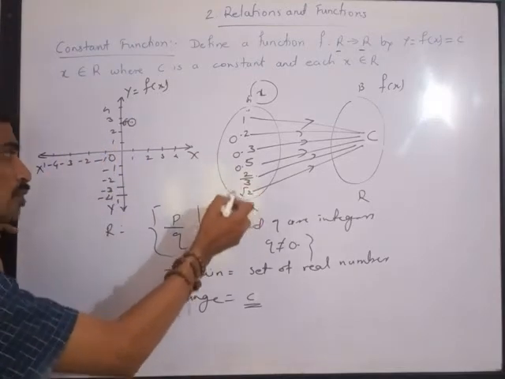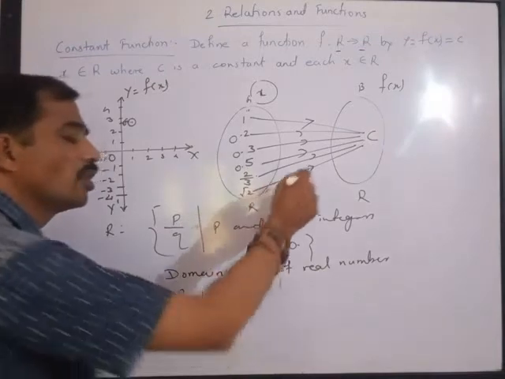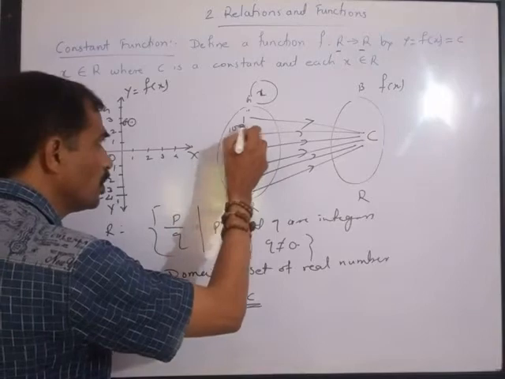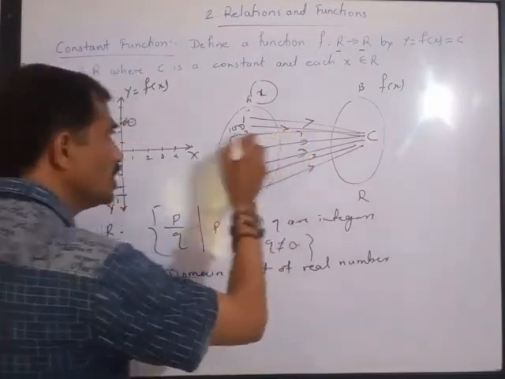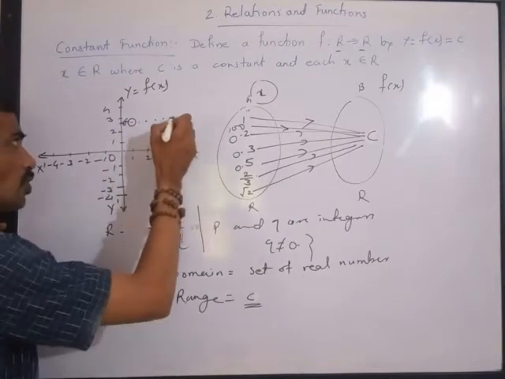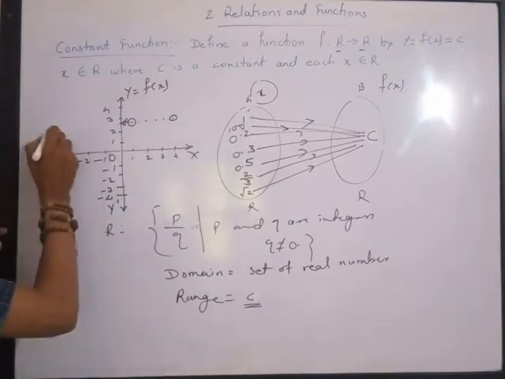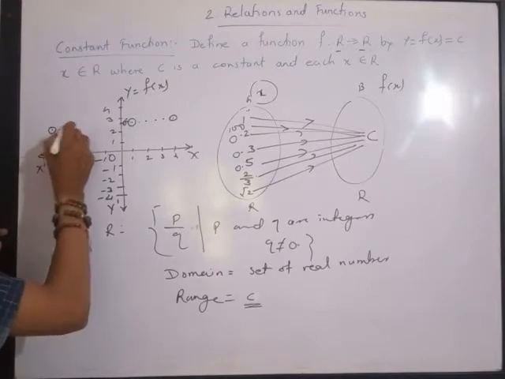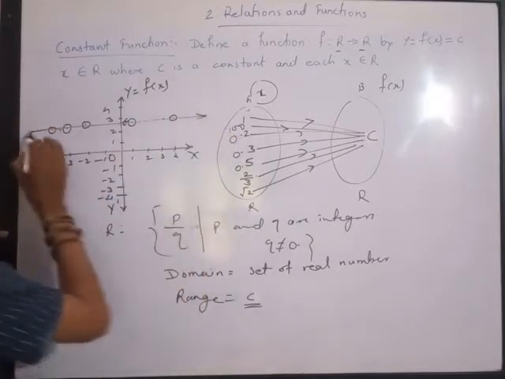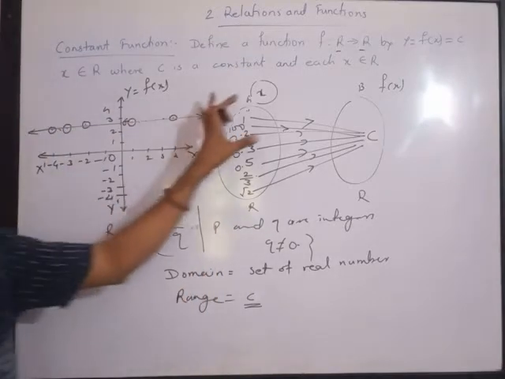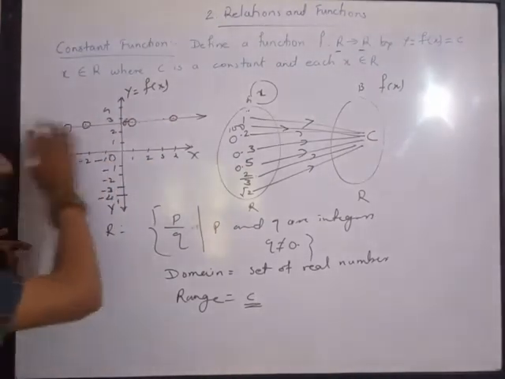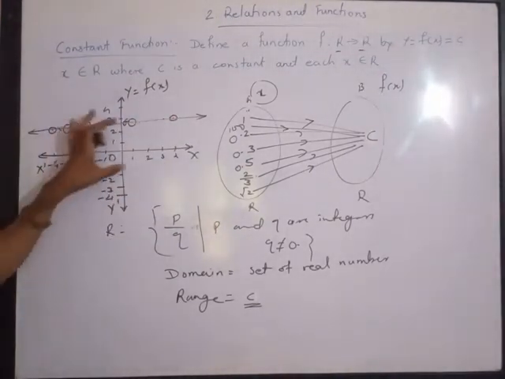For root 2, whose value is 1.4142 and so on, it doesn't end. If you take any other value, if you take 100 also, then also it will be constant. So you will see that for 100 also it is c. For 4 also it will be c, for -4 also, for -3 also, for -2 also it will be some constant. If you try to plot a graph of f(x), we will get a straight line parallel to the x-axis.